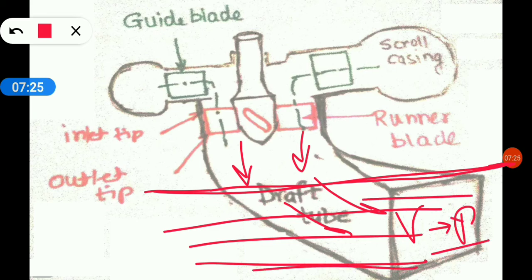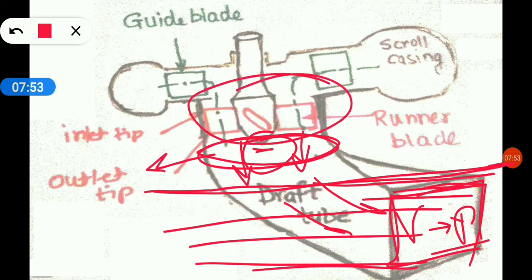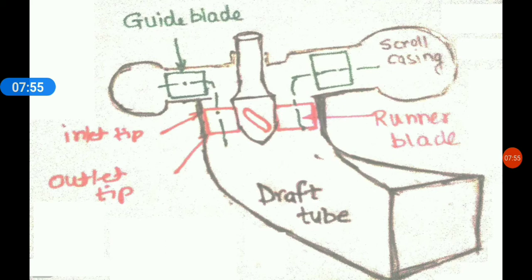Fine. So here water will be discharged, and because it is submerged, the pressure here is higher now. Fine. It is more than atmospheric. So here at the exit the pressure must be lower than atmospheric. This we have learned in the Francis turbine lecture. Fine. So if you want to learn that, you can refer to the Francis turbine lecture. So here you will be getting negative pressure, and that will increase the work output. Fine. So that is what the function of draft tube is. So in this way we have understood the function of everything. Scroll casing function is similar to that of the Francis turbine.